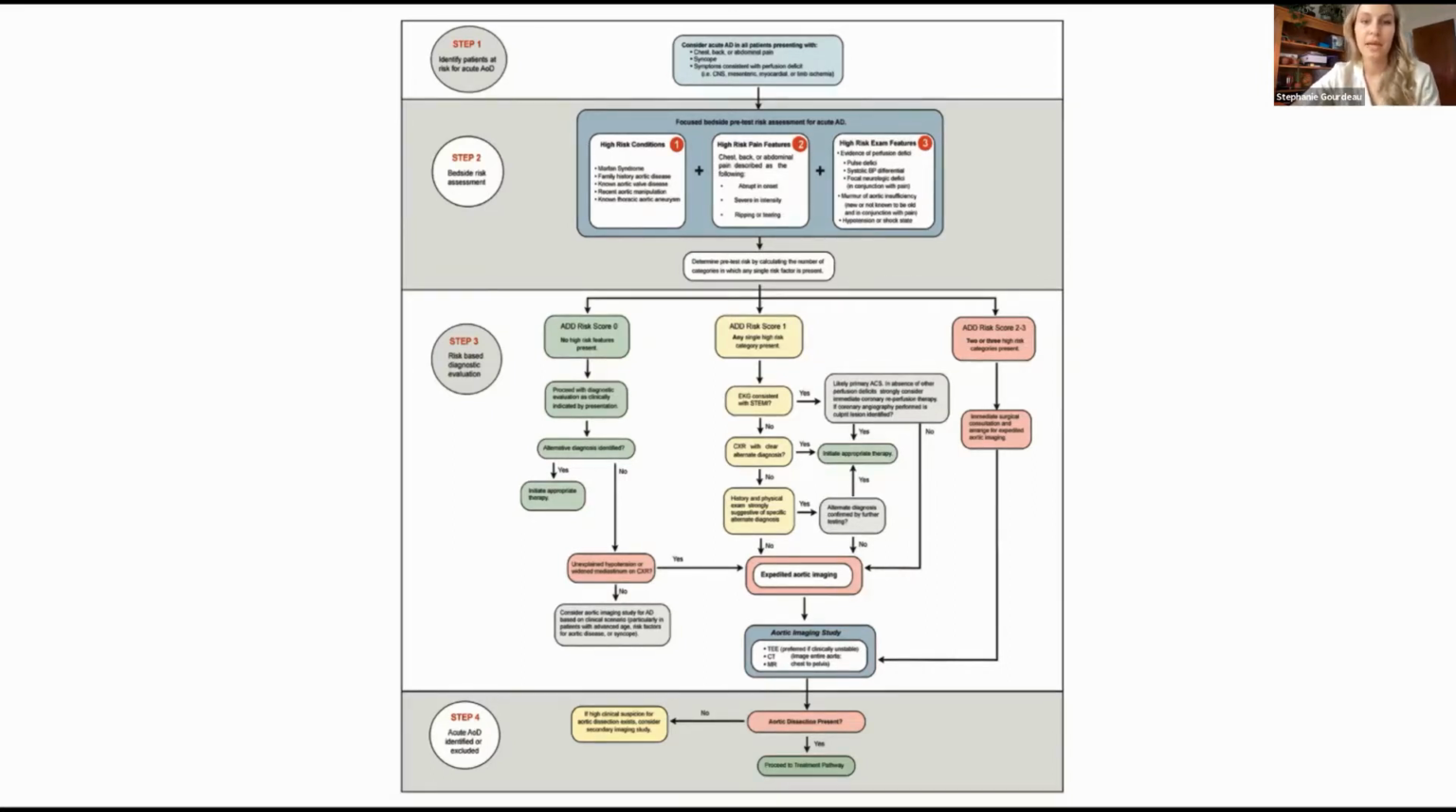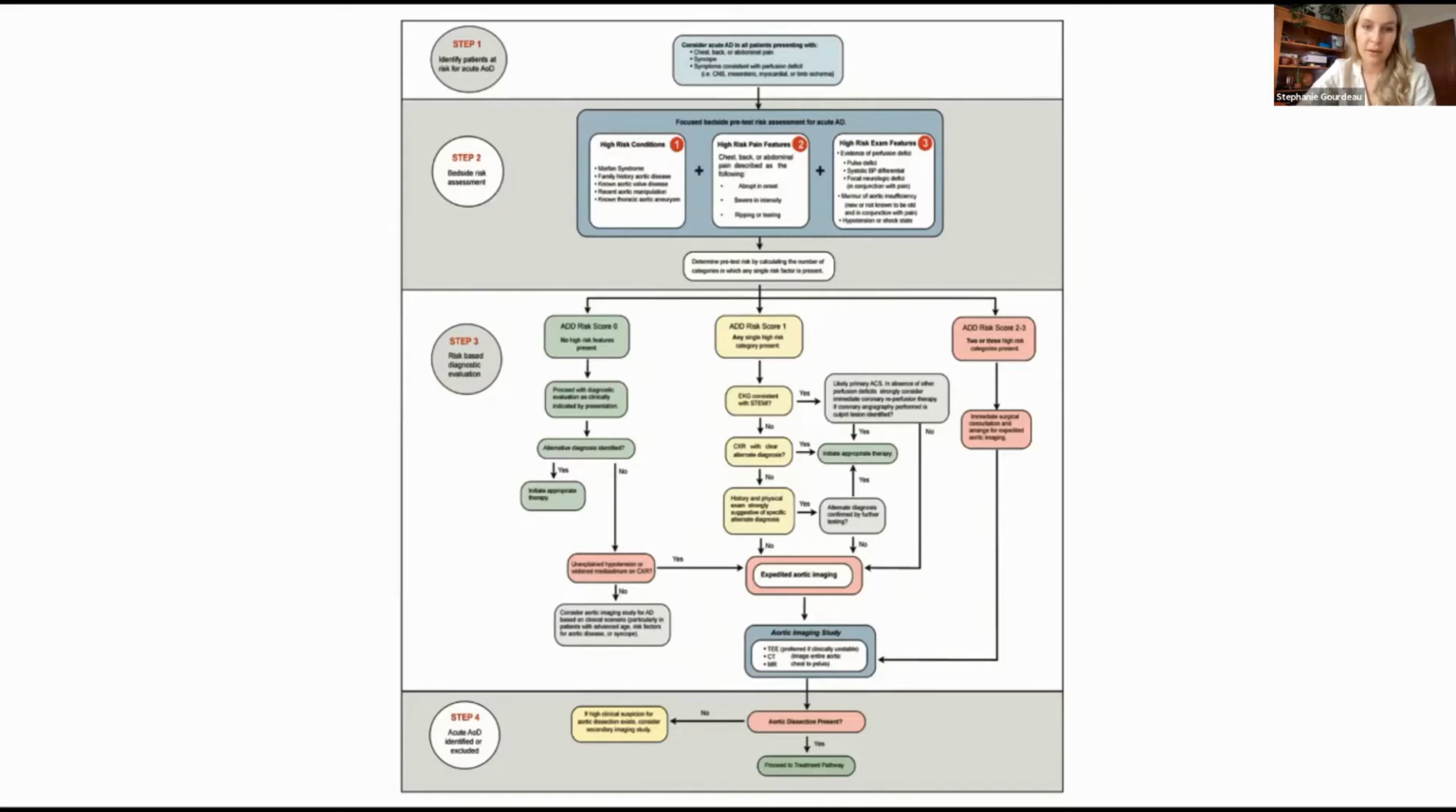ADDRS. And the ADDRS score ranges from 0 to 3, as patients can only get 1 point from each category. And the 3 categories include high-risk predisposing conditions, high-risk pain features, and high-risk exam features. The high-risk predisposing conditions include, and this is what you could see in the second box here, Marfan syndrome, family history of aortic disease, known aortic valve disease, recent aortic manipulation, and known thoracic